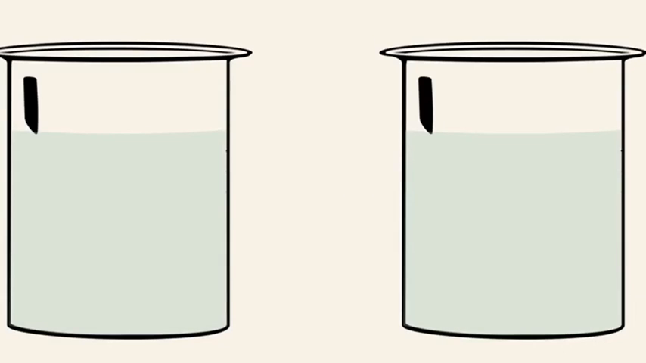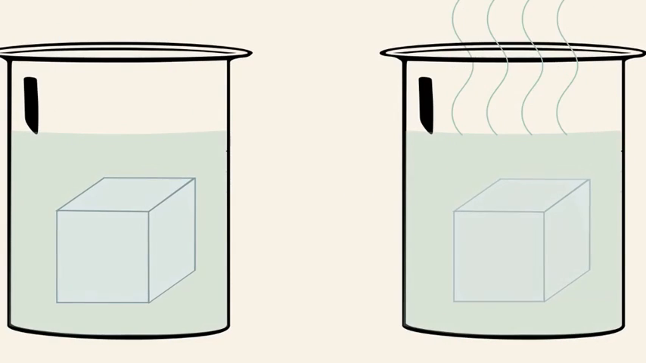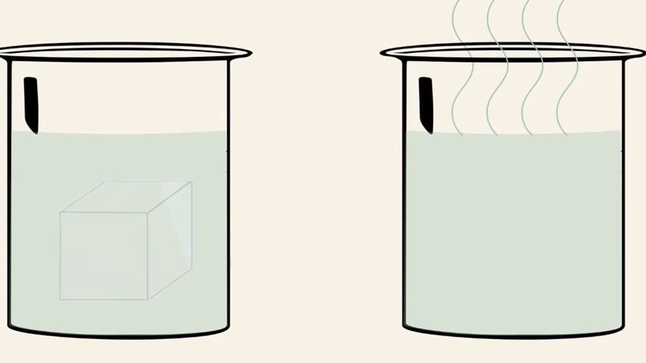Here's a beaker of cold water and a beaker of hot water. When you add sugar cubes to them, the one in the hot water will dissolve faster than the one in the cold water. To explain the different rates of reactions, Max Trotz and William Lewis came up with collision theory